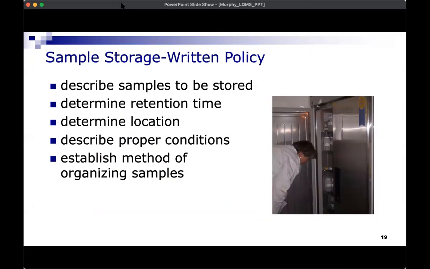The conditions for storage. So are they frozen? Are they refrigerated, room temperature? All of those things need to be clearly written down in the storage policy. And then establish a method for organizing samples. And it's important to think about